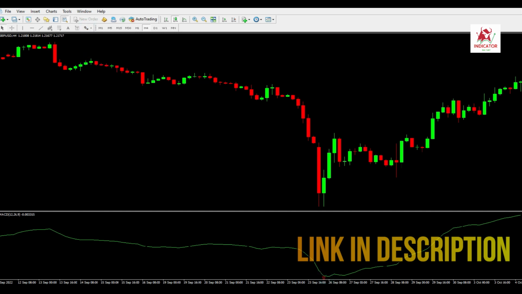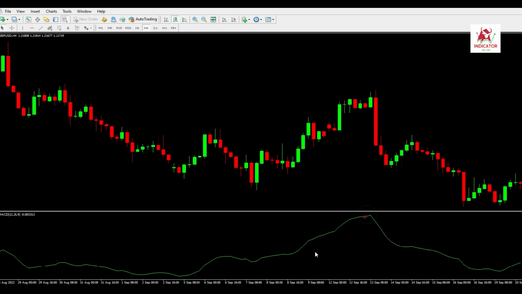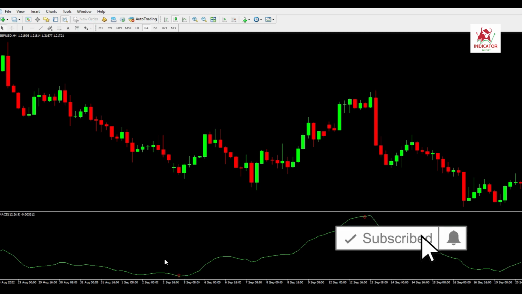How to read the MACD histogram. Traders use the MACD histogram to identify potential trend reversals and price swings. When the histogram is positive, i.e., above the baseline, that means that the MACD is higher than its 9-day average, signifying a recent increase in upward momentum. When the histogram is below the baseline, the